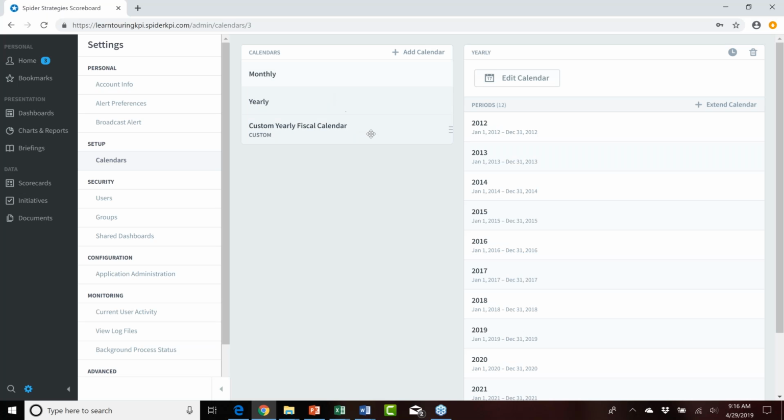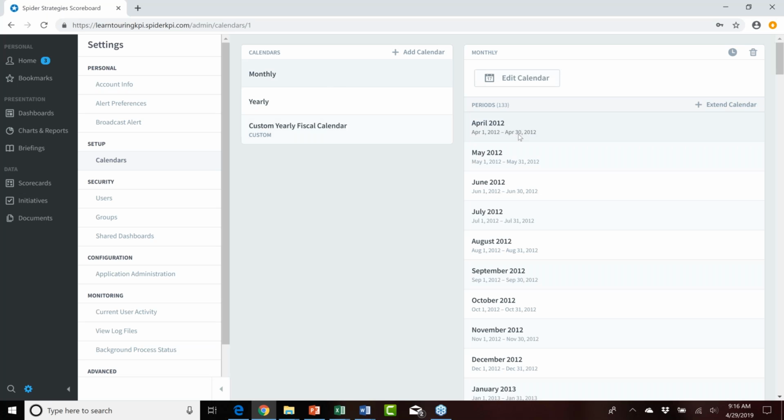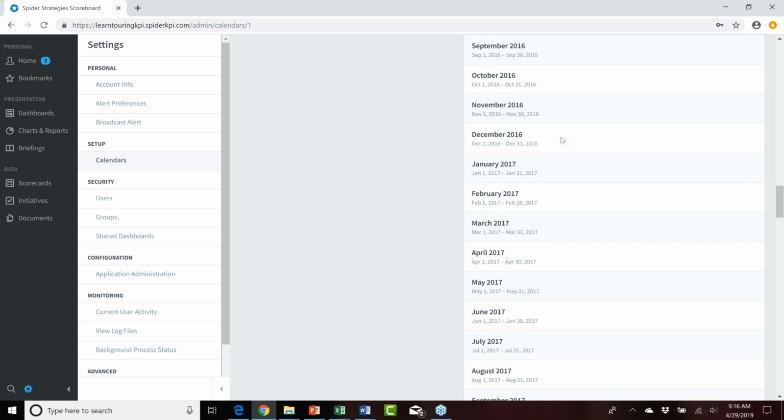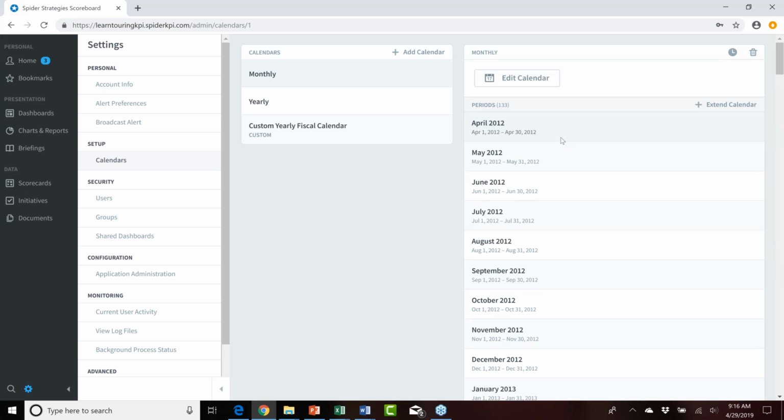There's a yearly calendar, and there's a custom yearly fiscal calendar that have all already been set up here within Scoreboard. And if I click on monthly, over on the farther right, there's a listing of all the months that have been established and set up within Scoreboard and are, of course, available for navigation within Scoreboard. So before we move ahead to creating a new calendar, I just want to reflect where these calendars are presented within